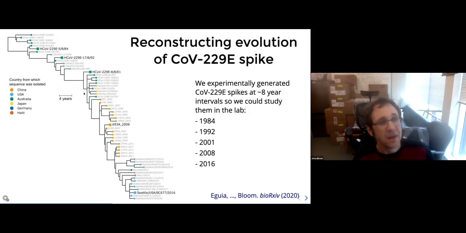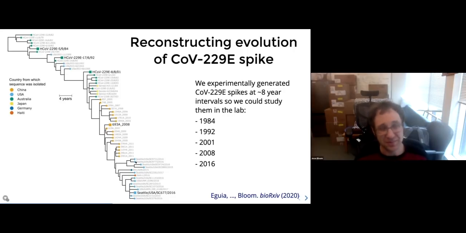Another thing I hope you can appreciate is I've colored the tips of this tree by country. Admittedly, in a lot of time frames, only one country was sequencing this virus because it's not heavily studied. But in any time frame where multiple countries were sequencing the virus, such as Japan and Australia here, or Germany and the US here, you can see that the sequences cluster by date rather than by country. This is, again, a characteristic we often see of rapidly transmitting respiratory viruses, which is that there's very little persistent geographical structure. The world is approximately a well-mixed flask for these viruses because they transmit very rapidly across the human population.